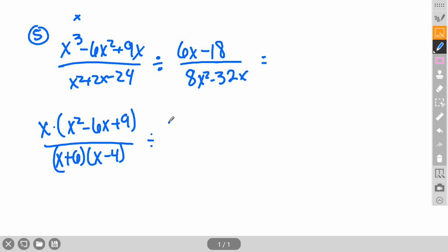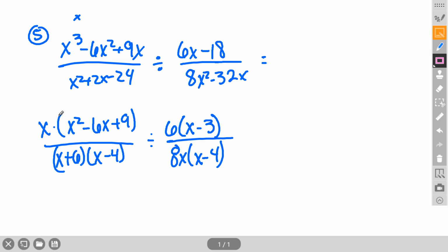GCF of 6x minus 18 is 6, leaves you with x minus 3. And then denominator, GCF there would be 8x. That leaves you with x minus 4. Now this can still be factored. Okay, so we do need to factor that